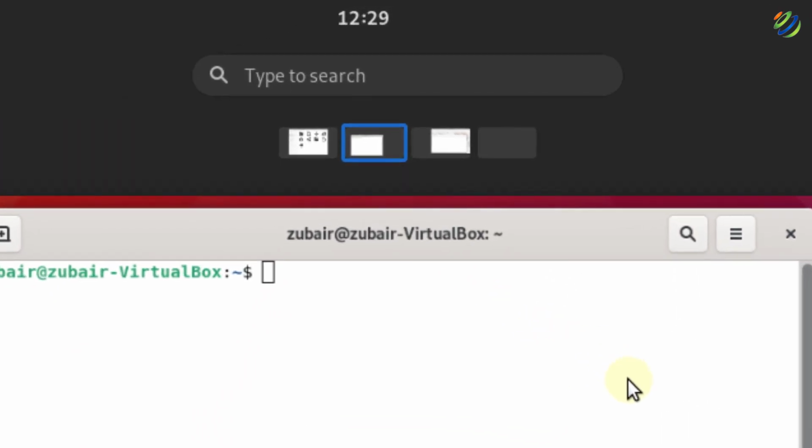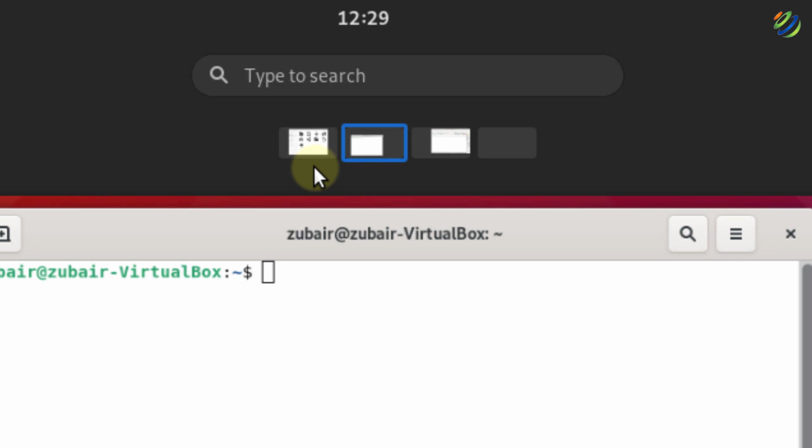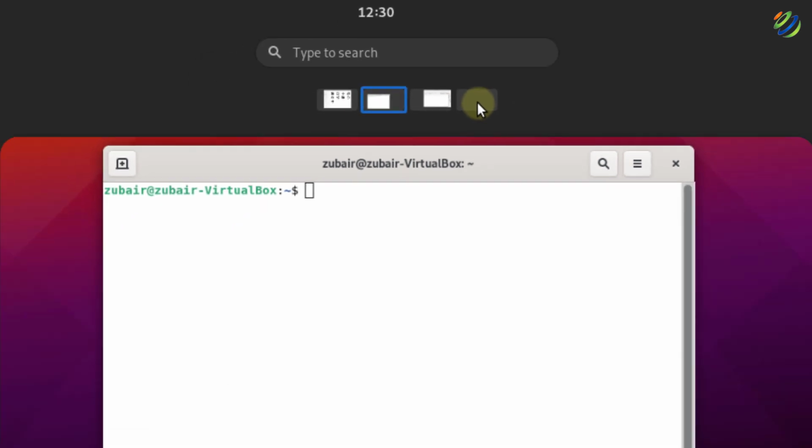Now, as you can see, we have small windows appearing at the top. It means we have 1, 2 and 3 workspaces available, and if you notice, we have another short window appearing here, which means we have the option to add one more workspace. So in GNOME 40, you can add as many workspaces as you want.